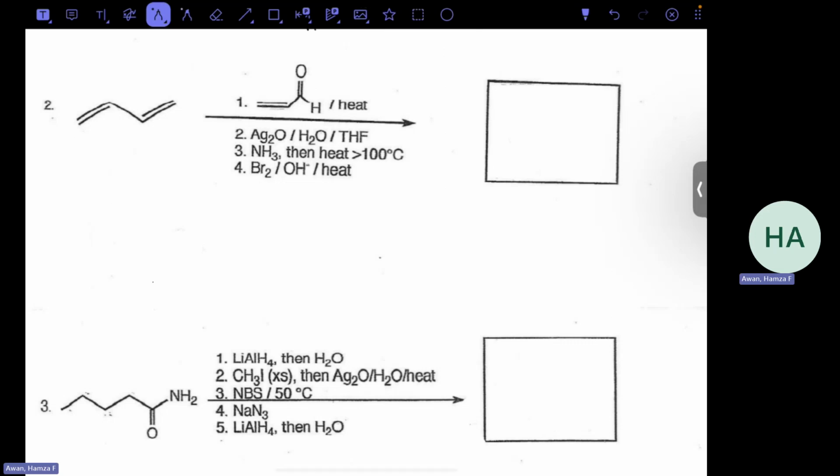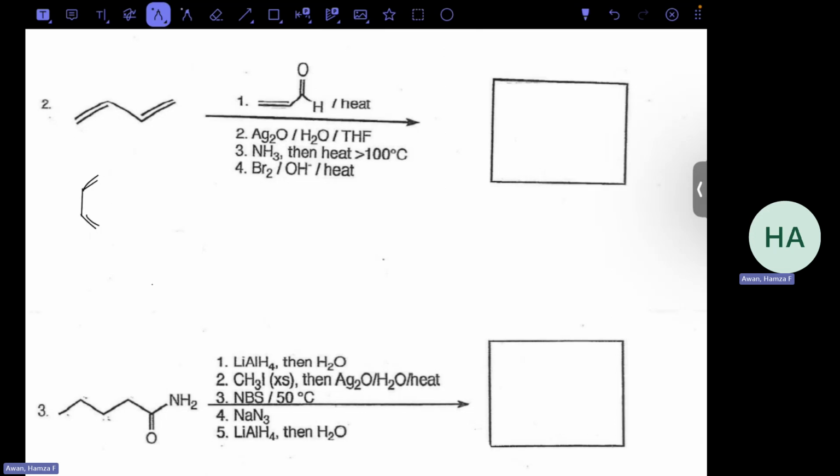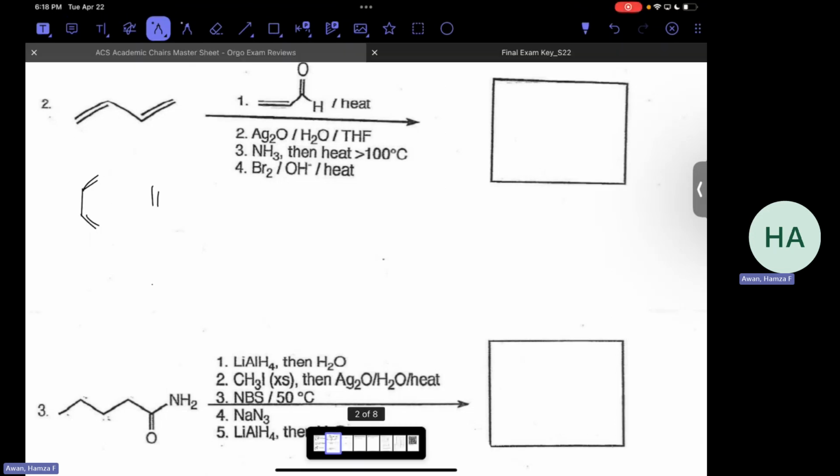it might be hard to tell. Whenever I was studying for the exam, it was very hard for me to tell what kind of reaction this was. But sometimes it just takes a change of perspective, right? If we look at it like this, suddenly this becomes a very nice Diels-Alder problem. So we have the aldehyde in heat for step 1, and we have a diene,